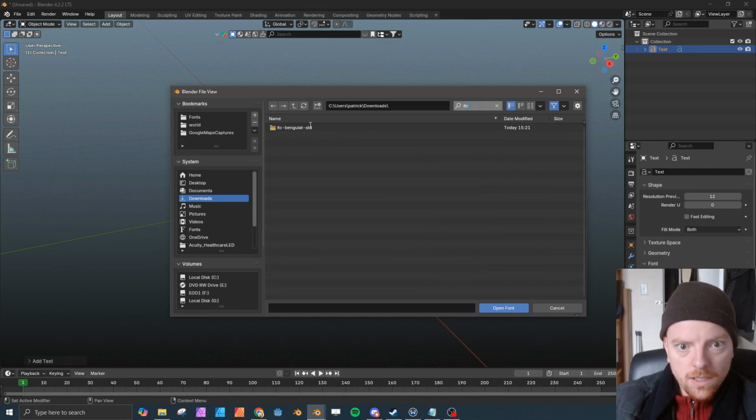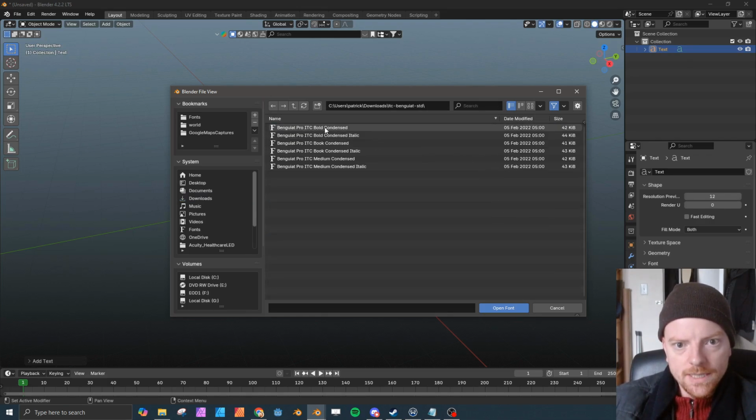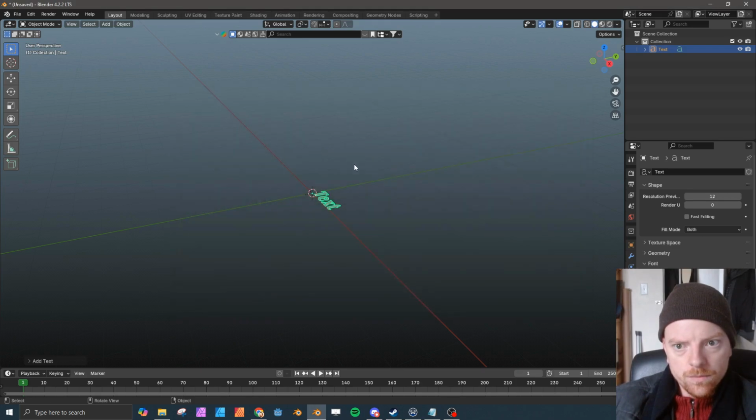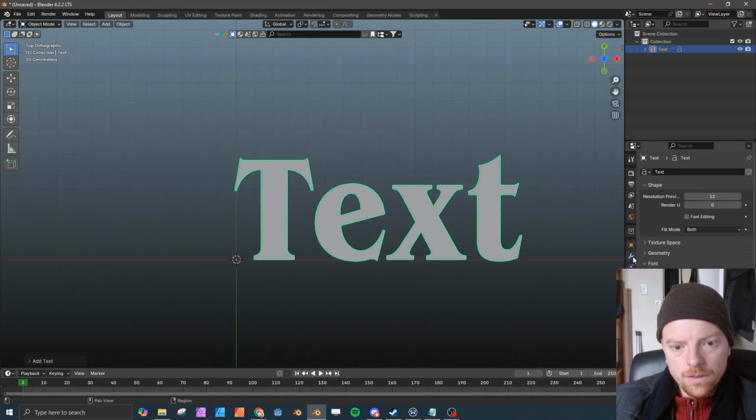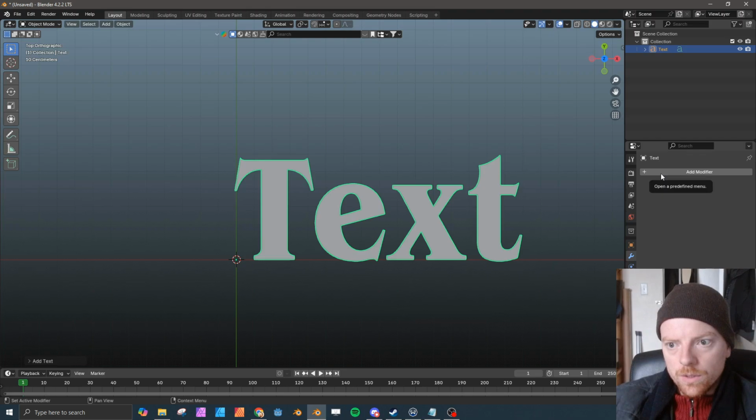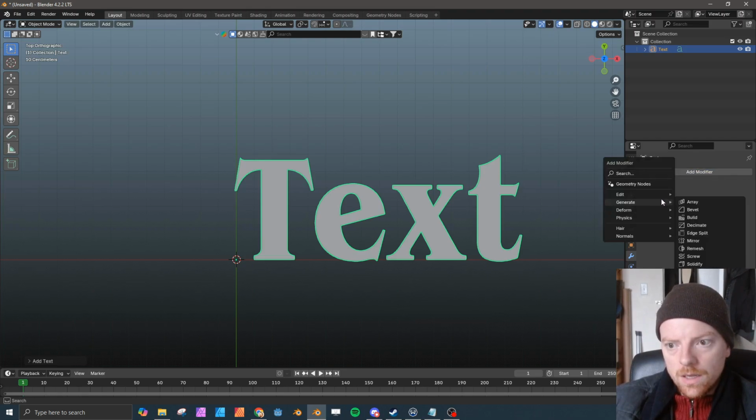ITC Benguiat. Just pick the first one. That's good enough. So now what I'm going to do is add a modifier. I'm going to generate